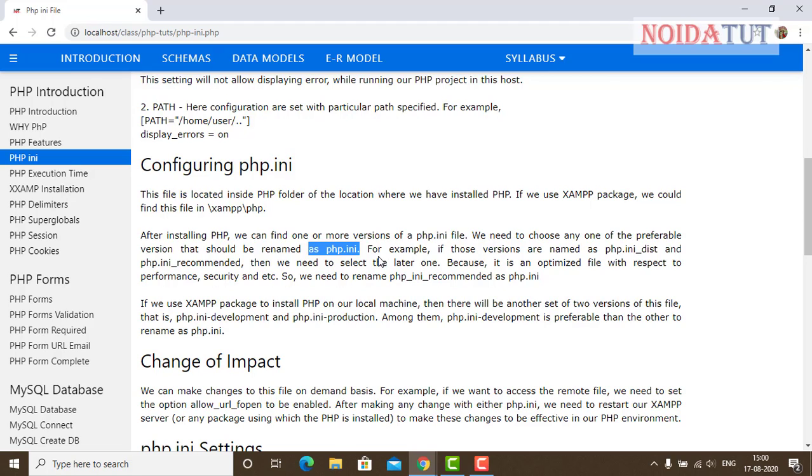For example, if those versions are named php.ini-dist and php.ini-recommended, then we need to select the latter one because it is an optimized file with respect to performance, security, etc. We need to rename php.ini-recommended as php.ini.